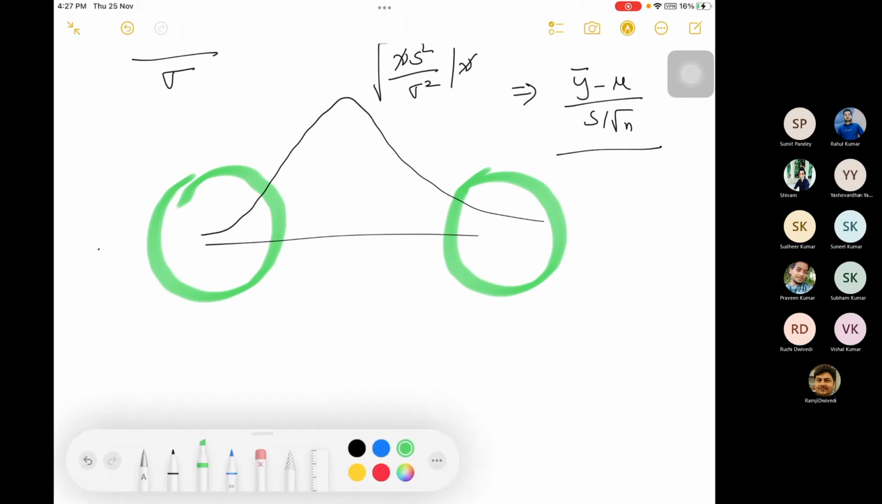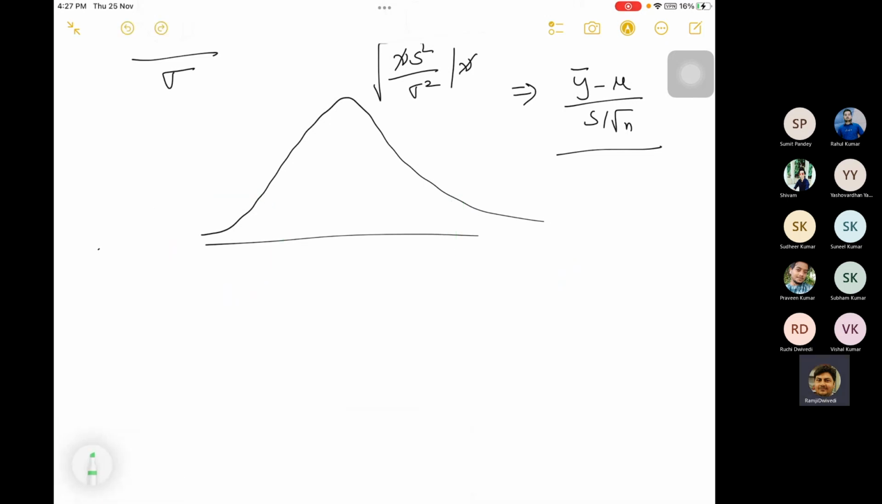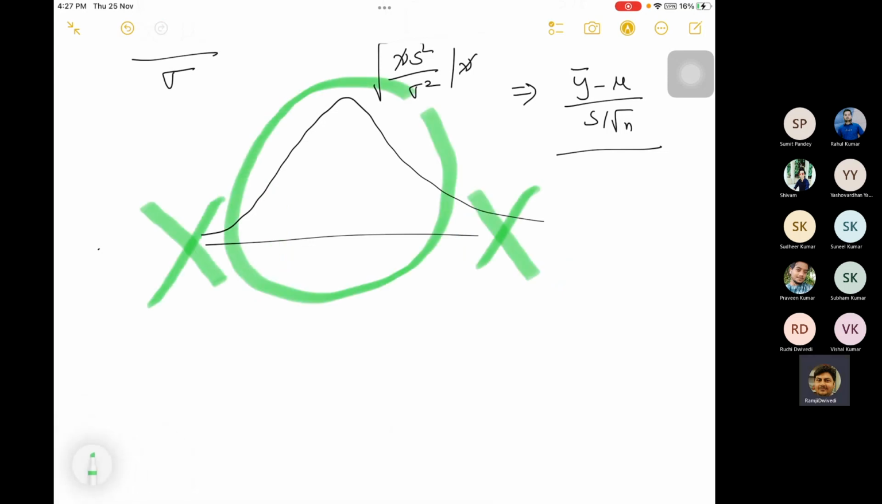You should give more weightage towards the central portion. In fact, you have to ignore these tails. And when you do so, what is your expectation? How do you write it? You will write the probability that